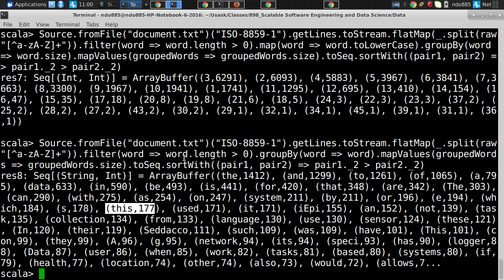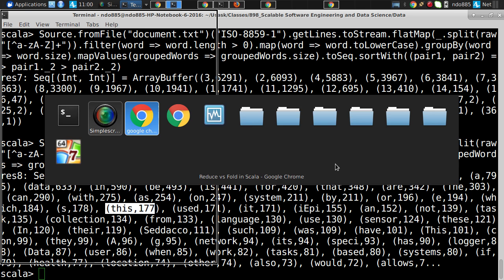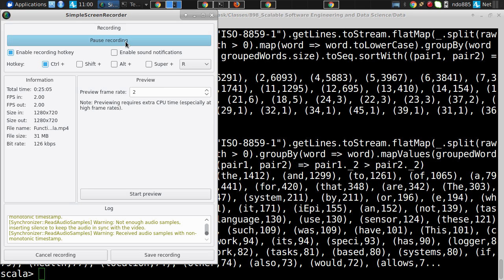Pipelines, ladies and gentlemen, pipelines in Scala. Let's go see how these are realized today. Let's try to unpack what's going on here, because there's a lot going on in this, and I'd like to talk through it, okay? So I'm going to stop